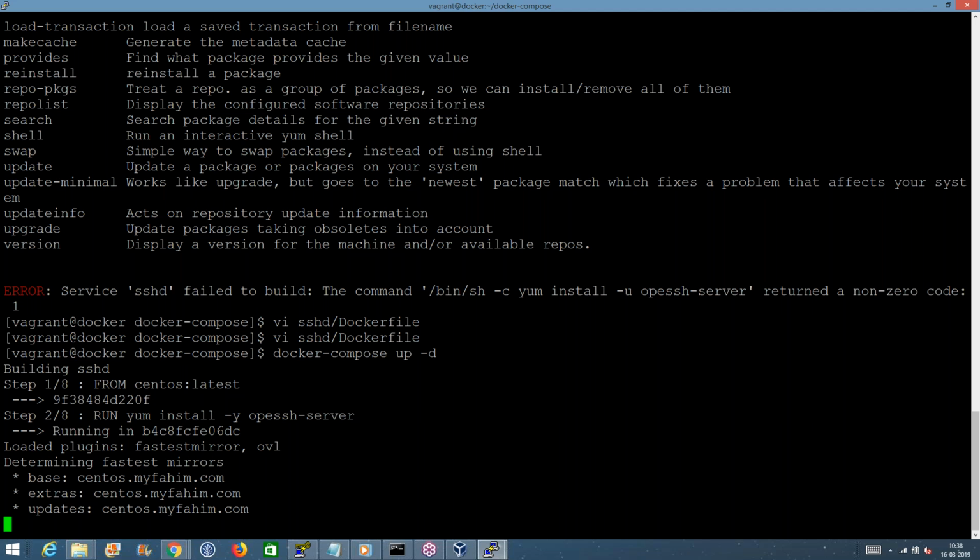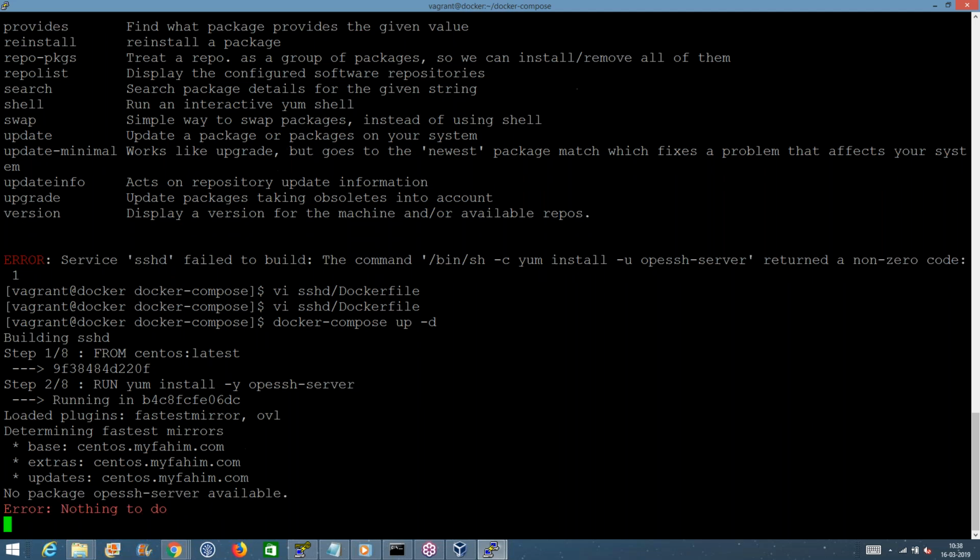There we go. So it's right now installing the OpenSSH. The very important thing why the Docker compose is being used is